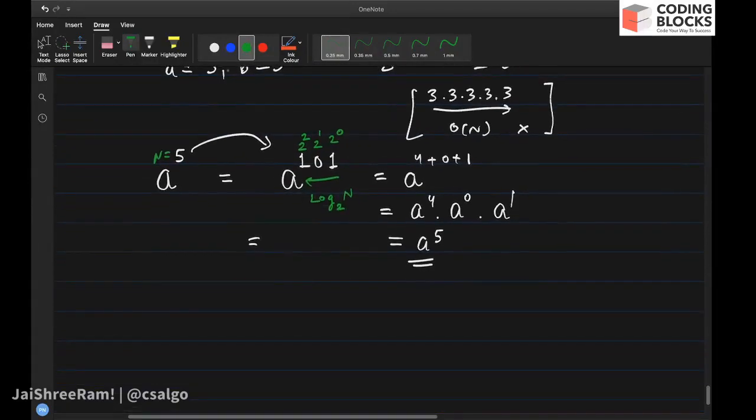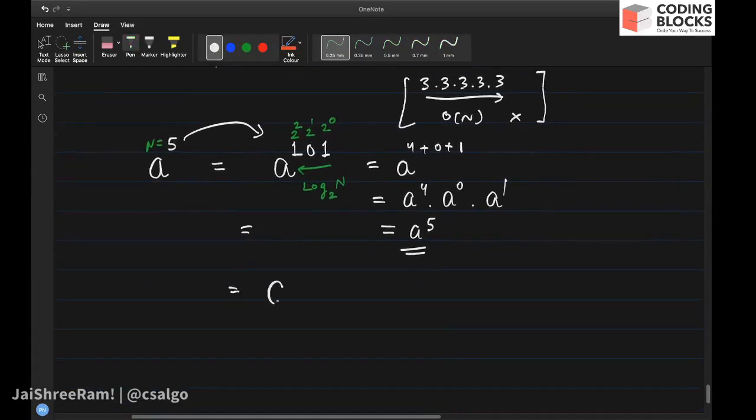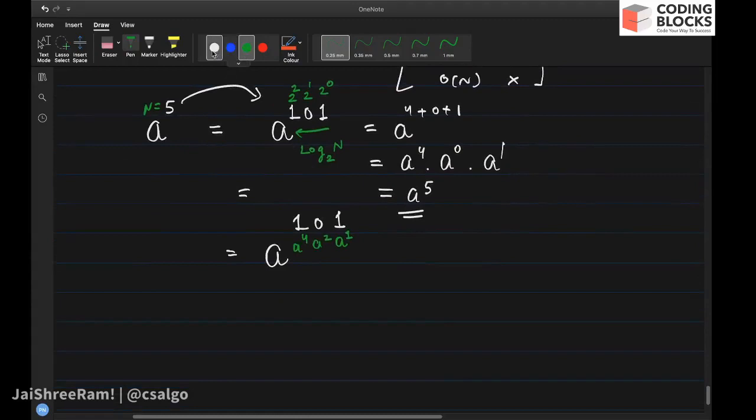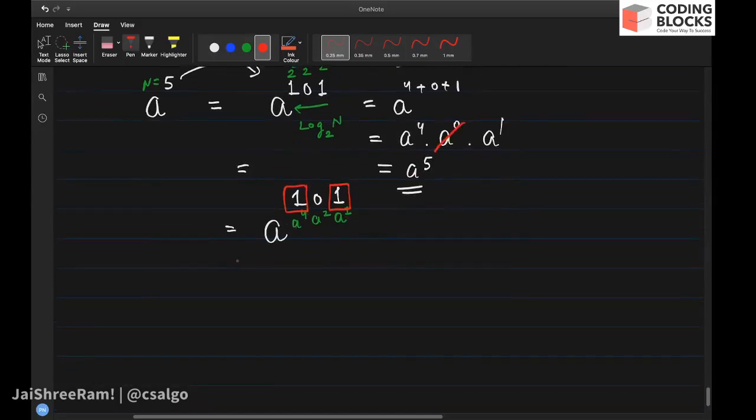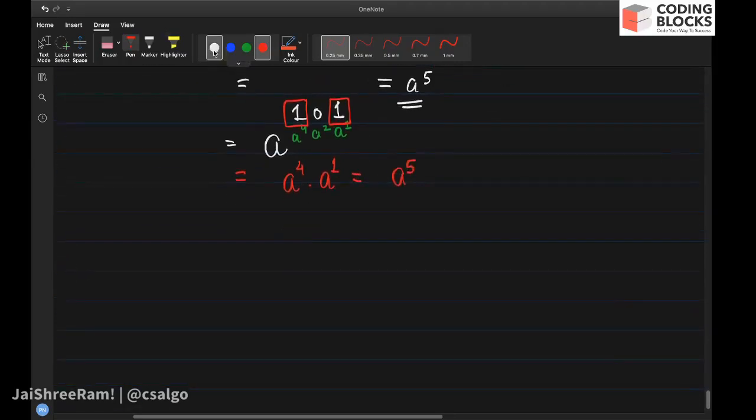So somehow if we are able to iterate over these bits, and correspondingly if we are able to generate some powers like a raised to the power 1, a square, and a raised to the power 4, right? Then the places where there is a set bit, at this place and at this place, we can multiply the corresponding powers. We can say a raised to the power 4 will be multiplied by a raised to the power 1, and this will give us a raised to the power 5. So this is the overview of the technique that we are going to use,